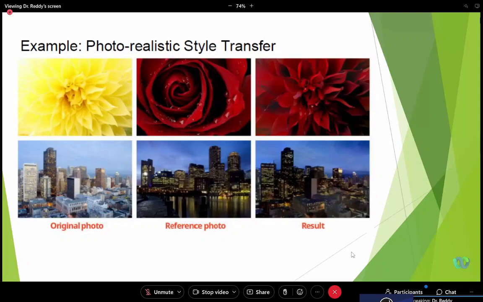Now, if you see the first row, first example, what is the style we have transferred to the first image from the second image? You tell me. What is the reference, or what is the style we have transferred in this photorealistic style transfer effect into the first image? The petal design? No, you see, sir. First column is the input image, the given image, that I am going to change.